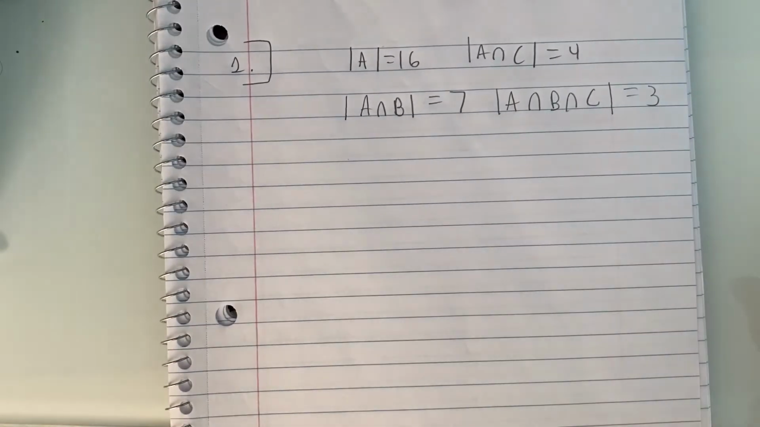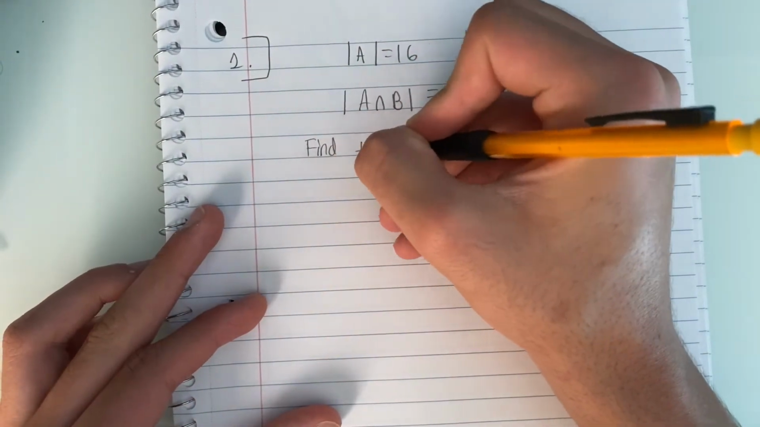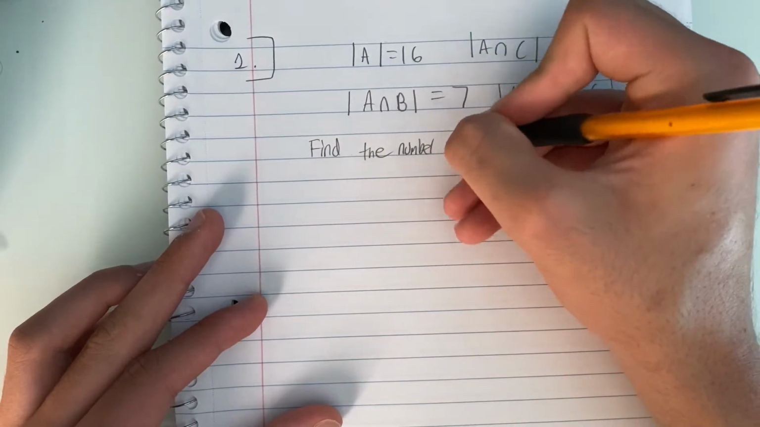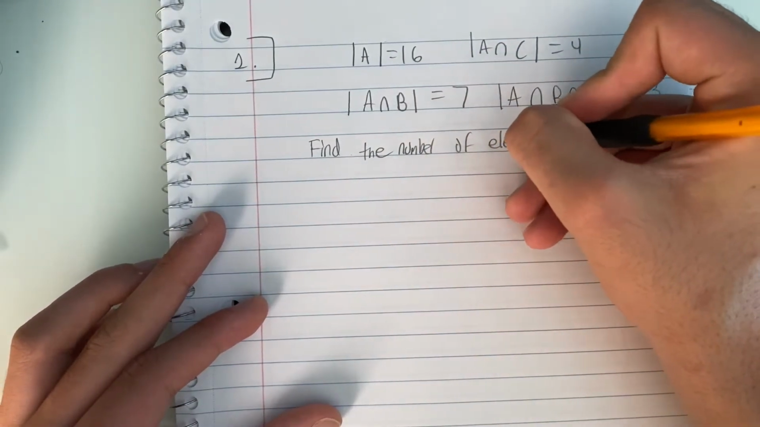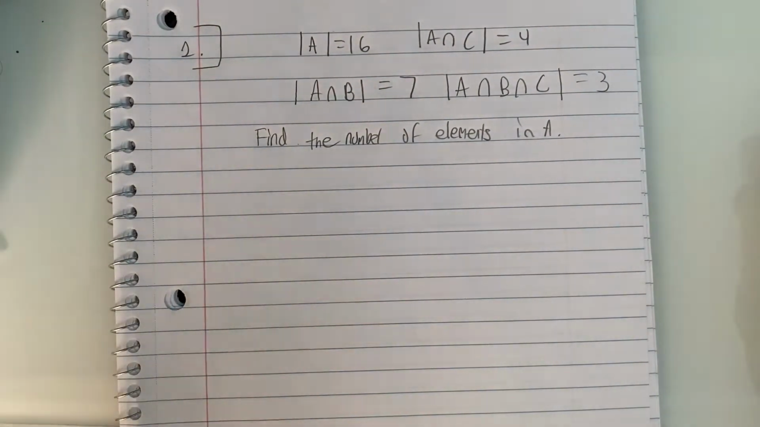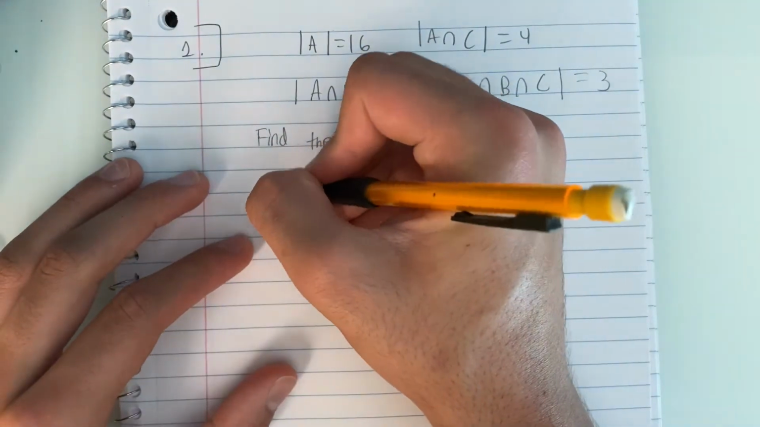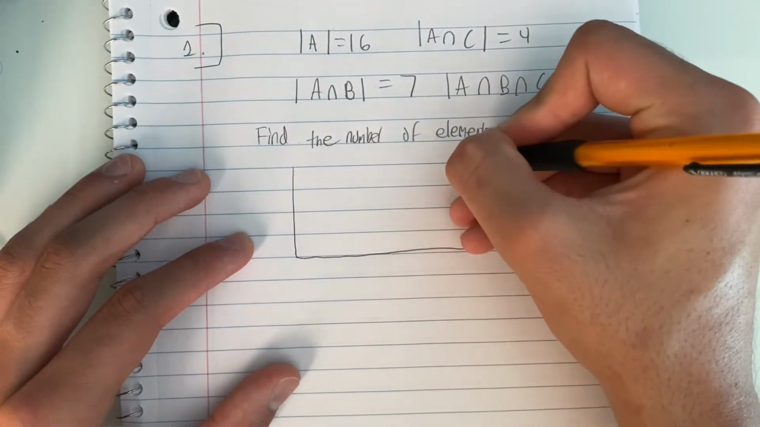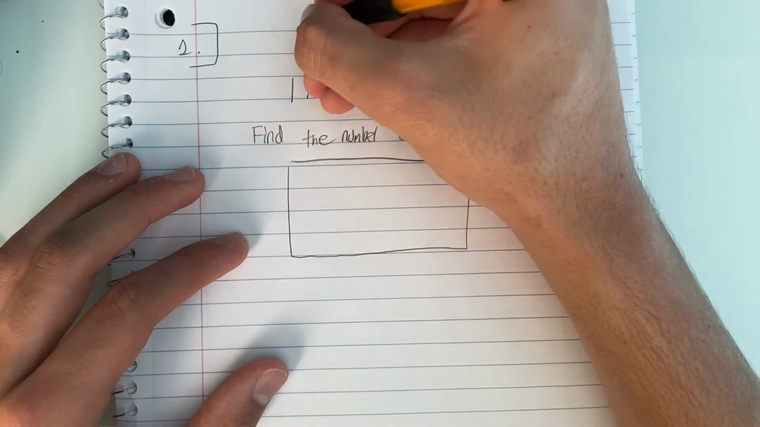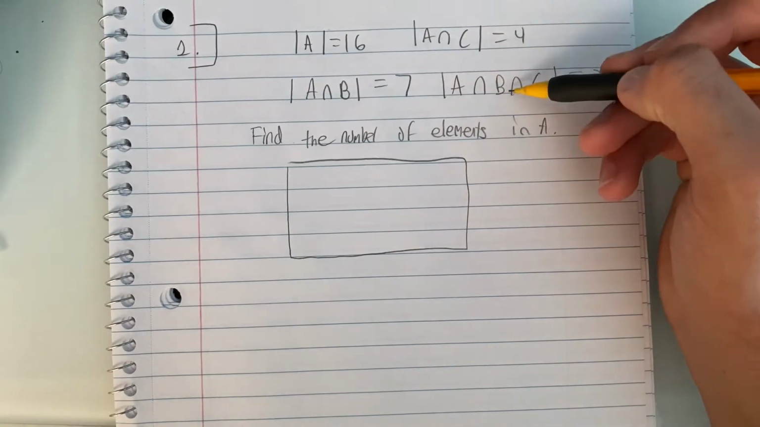So here, basically, you're given some information, and what you're trying to find out is the number of elements in A. The best way to do this is graphically drawing it out, but otherwise you don't have to do that. I will just do that for the sake of explaining it. In case you don't know what these symbols mean, this denotes a set, and in this case it's talking about the union and intersections of different